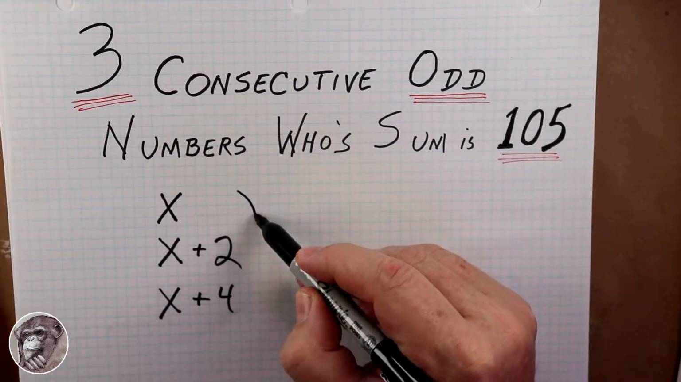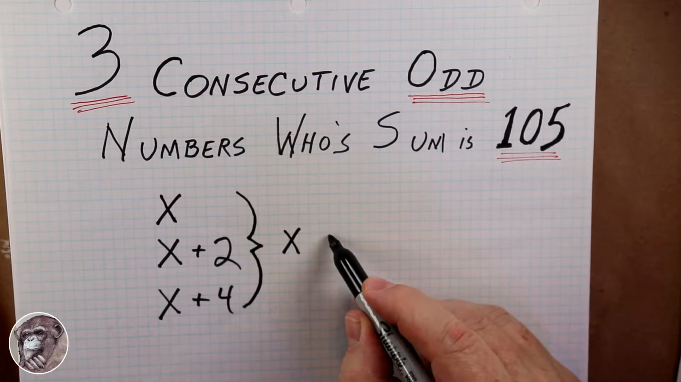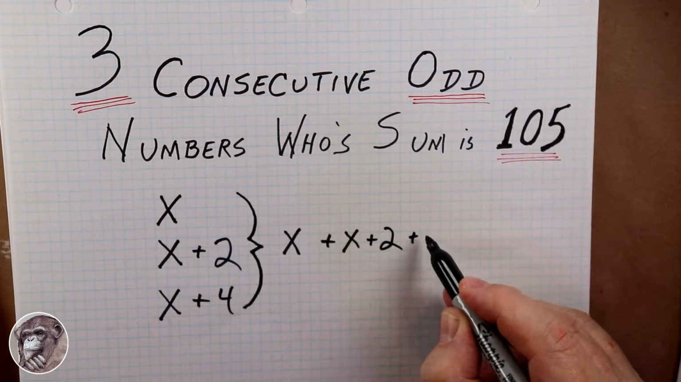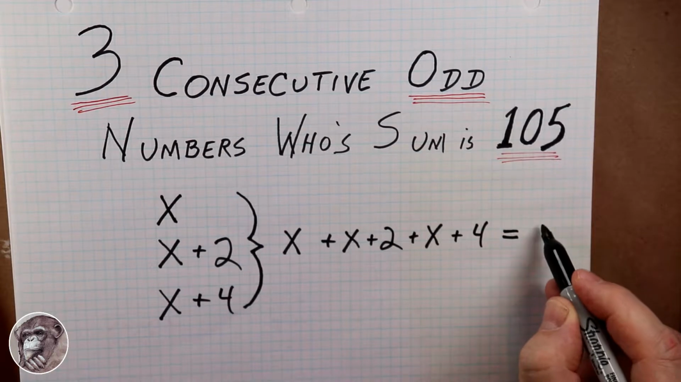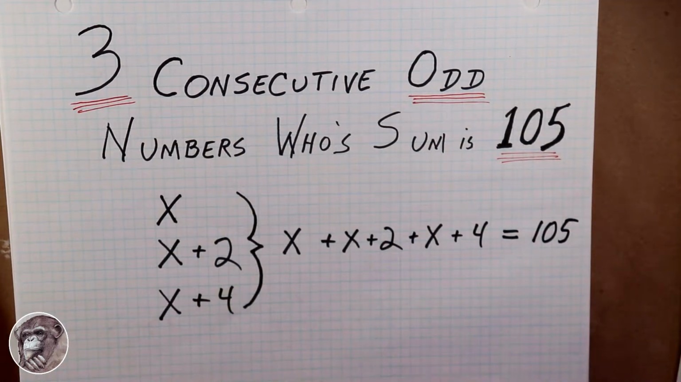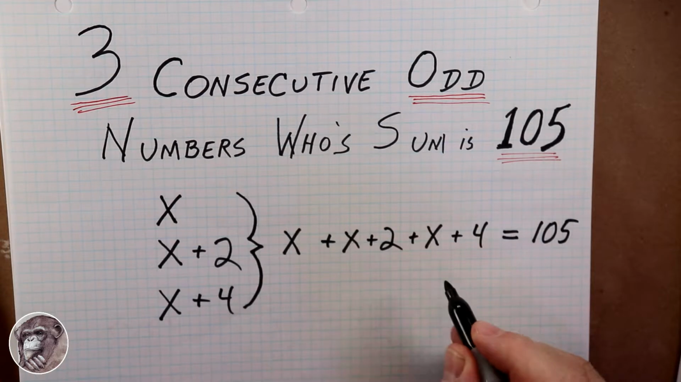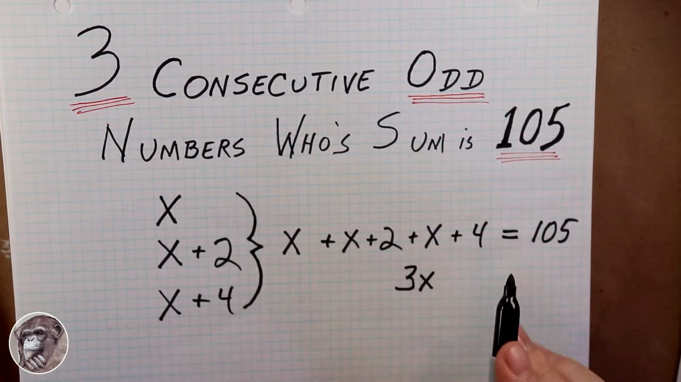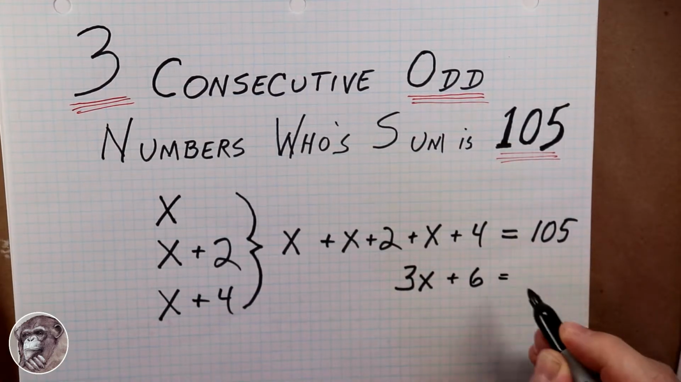So the setup would look something like this. We have the first number, we have the second number, and then we have the third number. And the total for all 3 of those numbers is going to be 105. Okay, so what I'm going to do is combine like terms. So I have 1, 2, 3 x's, so I'm going to do 3x. And then I'm going to add the constants of 2 and 4, so that's going to be plus 6, and that's going to equal